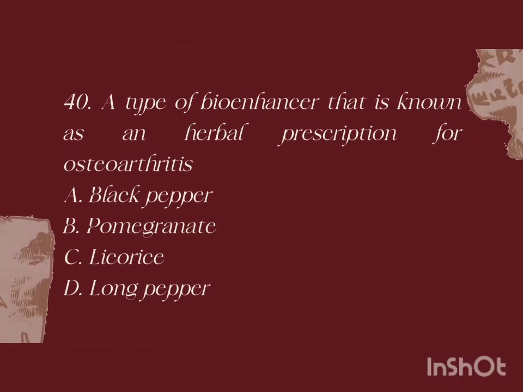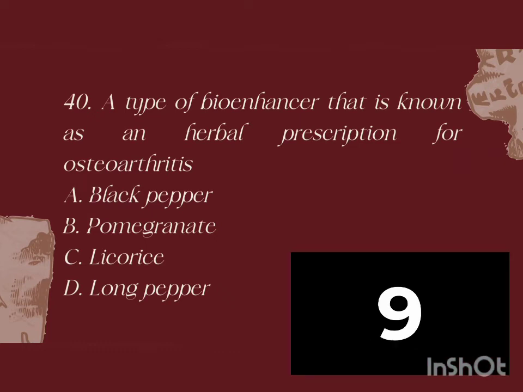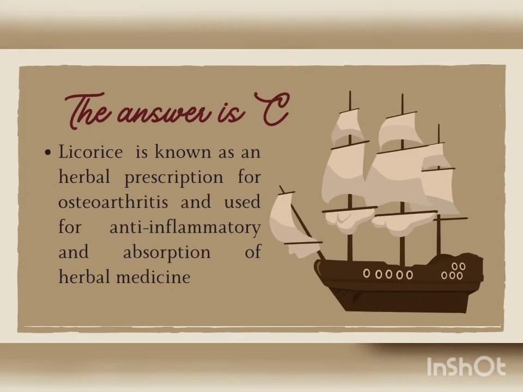Number 40. A type of bioenhancer that is known as an herbal prescription for osteoarthritis. A. Black pepper, B. Pomegranate, C. Licorice, D. Long pepper. The answer is C. Licorice is known as an herbal prescription for osteoarthritis and used for anti-inflammatory and absorption of